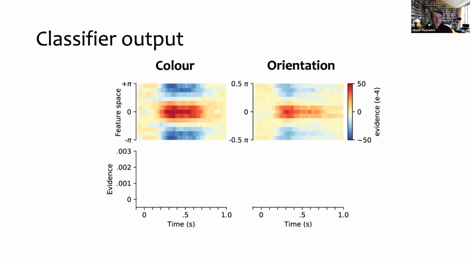So I wouldn't be giving this presentation if the latter was the case. So we actually see reliable tuning of the data towards the stimulus category after the stimulus has been presented, both for color as well as for orientation. We observe these results. And what we can do, we have this 2D tuning curve now, but to better statistically